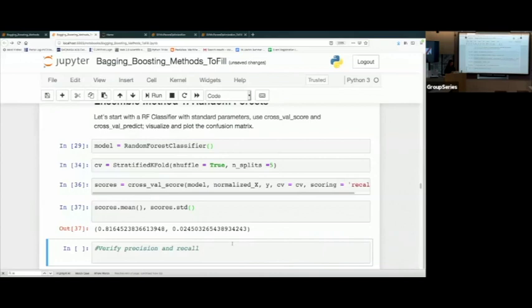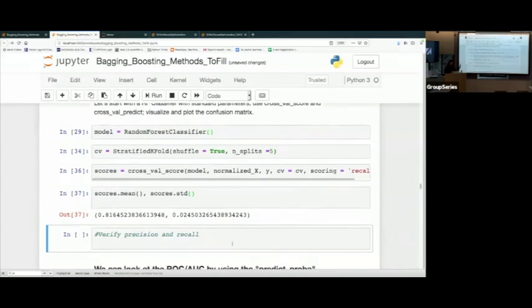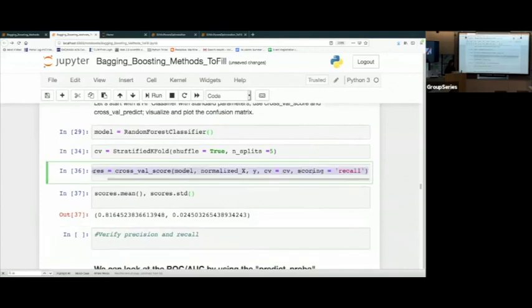I see some people still typing, and so I want to wait, and this field one, I will also post it. And so yeah, for precision and recall,